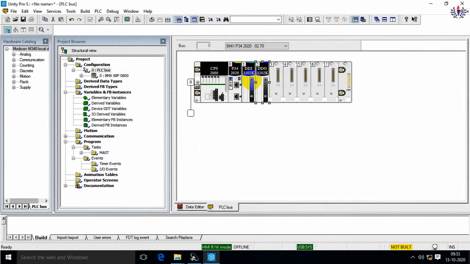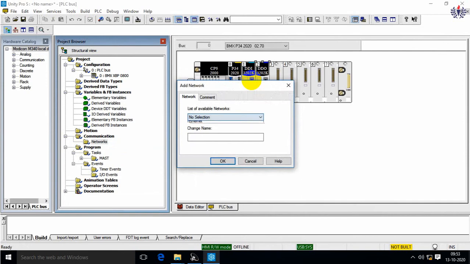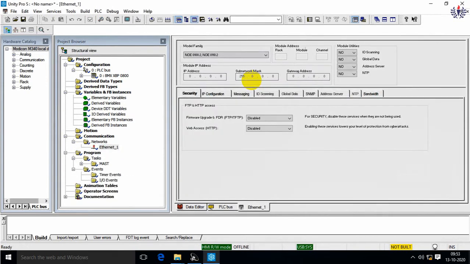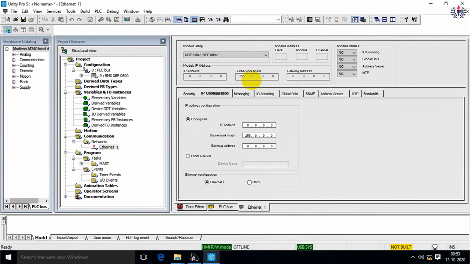So for all experiments in the heat treatment plant, we are going for 32-bit IOs. That is done. Then as usual, I want to go for the communication, so I'm going to activate the communication. In networks, I'm going for a new network, Ethernet 1, and it got activated. I'll be double clicking, and I am checking for the IP configuration.